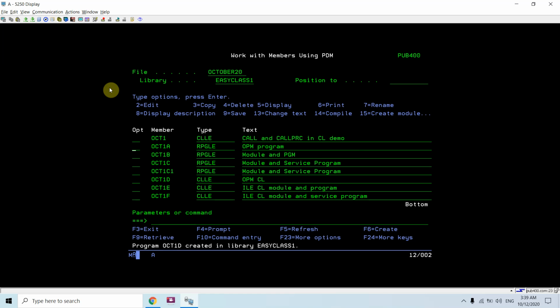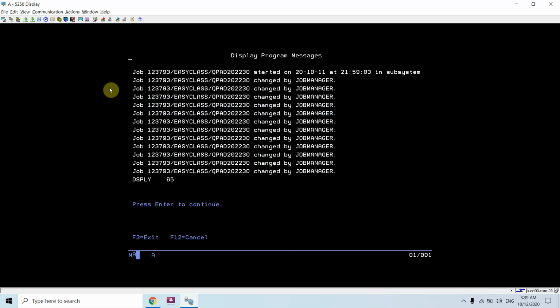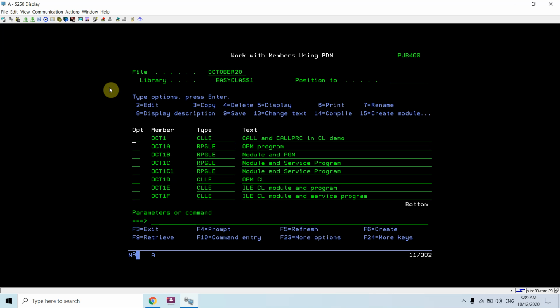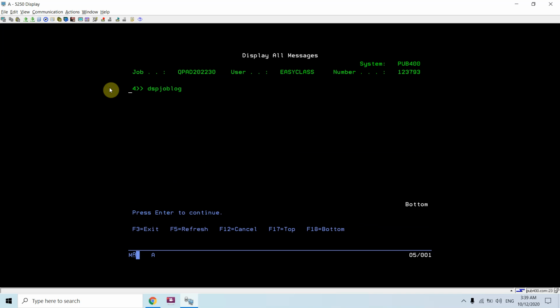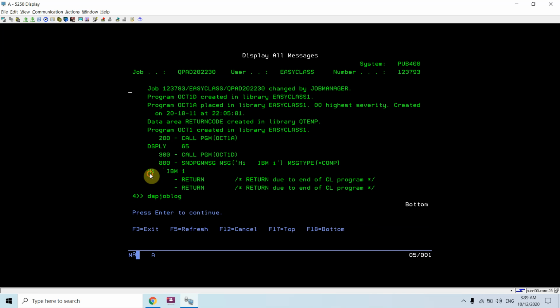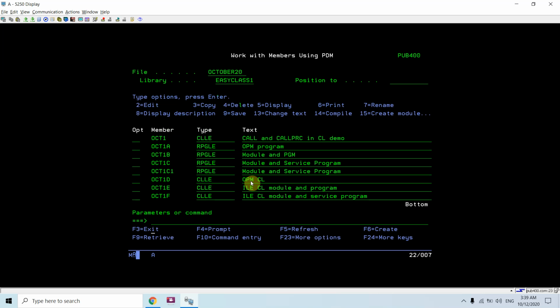OCT1D is compiled, OCT1A is compiled, and OCT1 can still be created using option 14, because they are just using the CALL command. So it displays the sum, and then that message on the display job log, hi IBMI. This is the message which was sent using the SNDPGMMSG command in OCT1D.